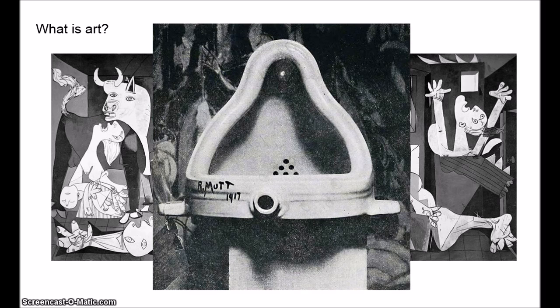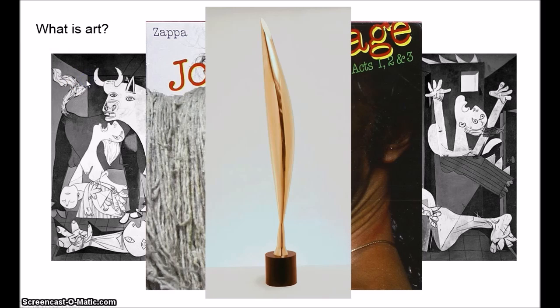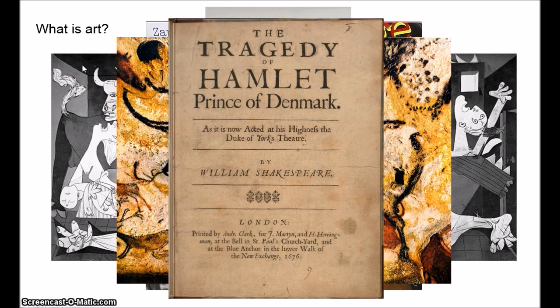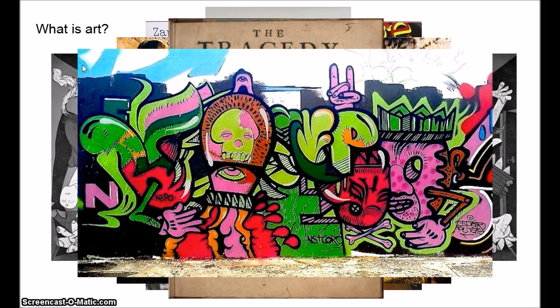So, what is art? Well, art encompasses many things. Guernica, Fountain, Joe's garage, Bird in Space, ancient drawings on cave walls, Hamlet, street graffiti. What is it that makes all of these things art? That's a fundamental question in aesthetics. Well, Cage's answer was simple, and he illustrated it with a story about an argument he once had with the